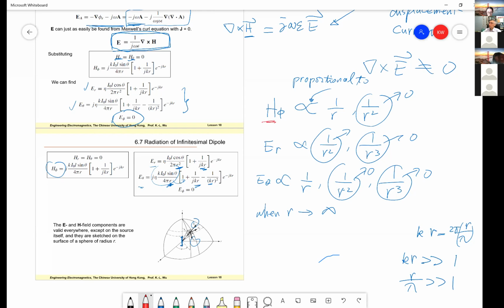Only H phi has 1 over R, and E theta has 1 over R. So that means when R is very large, our observation point is very far away from the source, and H phi is only equal to this 1 over R term. And E theta